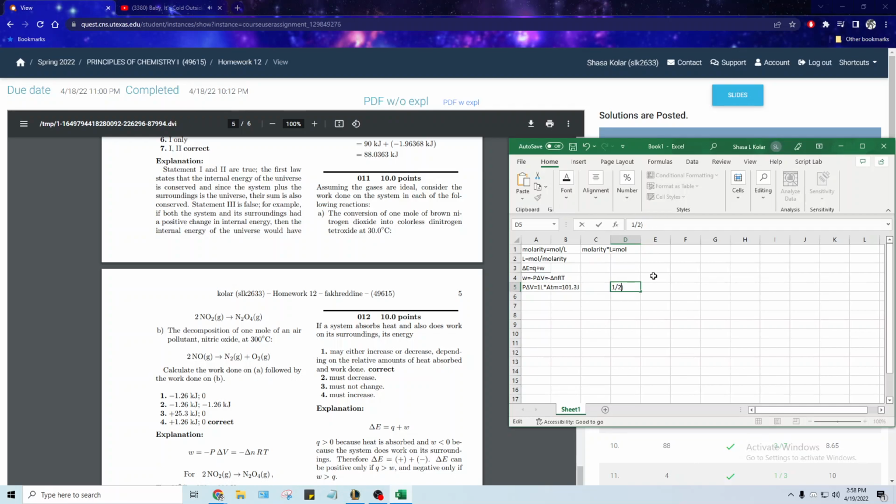We can just go ahead and do the equation. Sure. Half times 30. So we're doing this. This is all in Kelvin, remember? So that's 303 Kelvin, and then